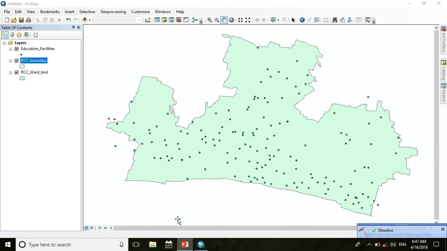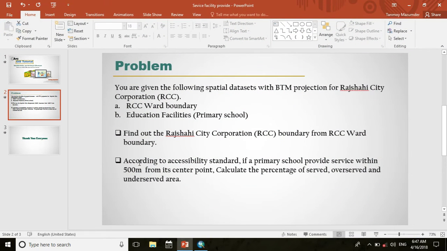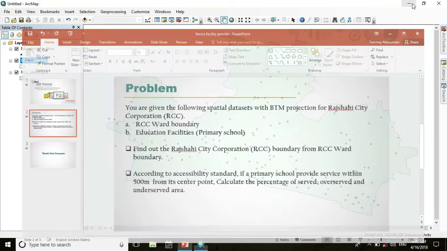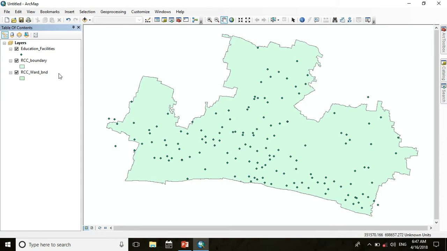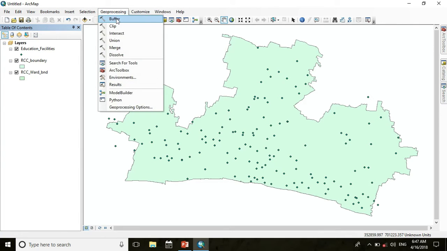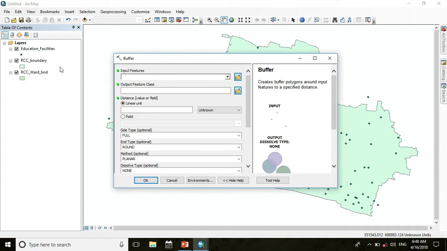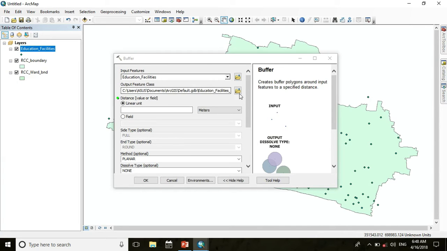Now in the second question we see that according to accessibility standard, a primary school provides service within 500 meters from its central point. So now we make a buffer of 500 meters from every education facility point. So go to geoprocessing, click buffer, choose input feature as education facilities,